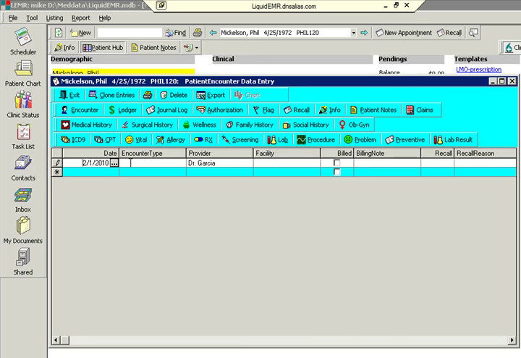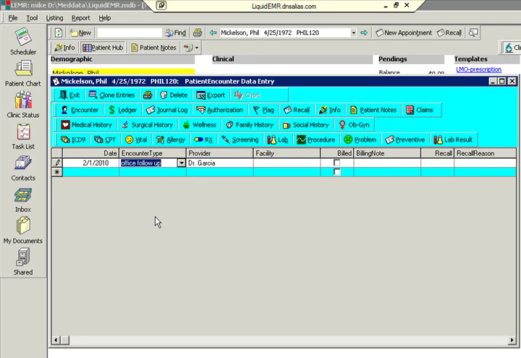Next we're going to click on the Encounter Type column, which brings up the down arrow button, and when we click on that button, a drop-down list of encounter types appears. Now this list is actually customized for our customers as part of the initial configuration for a new installation. Now you can either type in an encounter directly into this window, or more typically select an encounter type from the list. So we're going to click on